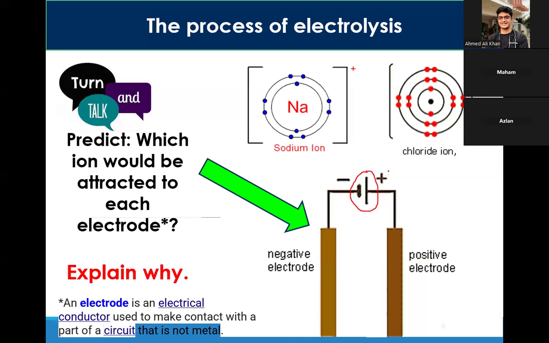And the battery has a positive terminal. The longer line represents the positive terminal, and the shorter line represents the negative terminal. And both of these terminals are connected to